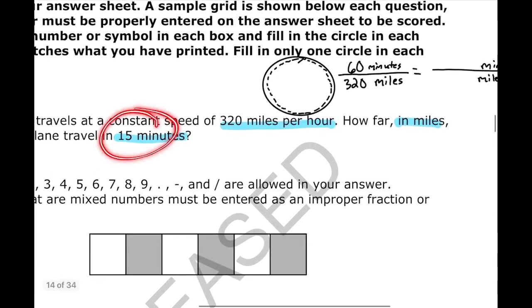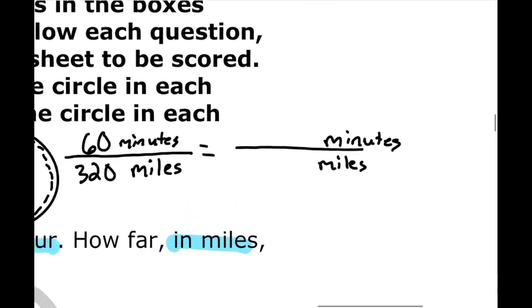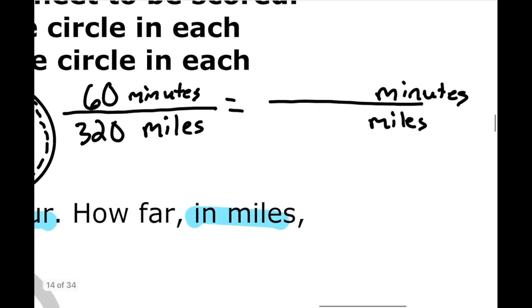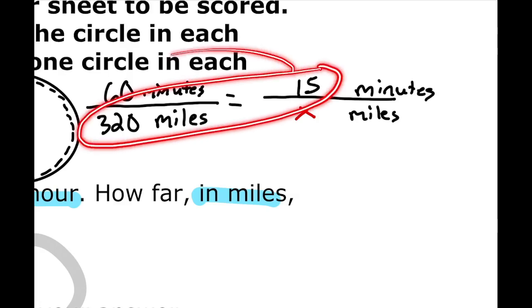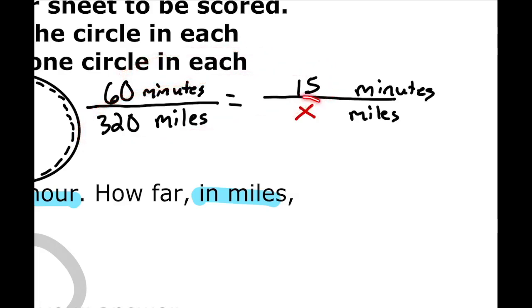We know that we're trying to figure out what it would be for 15 minutes. So would it make more sense for 15 to go up here where it says minutes or at the bottom where it says miles? Hopefully you said minutes, and that would be the best choice. So if we don't know the number of miles, we can simply put X to represent the unknown value. And going here, we have an equivalent ratio where we could cross multiply and divide to find out the missing